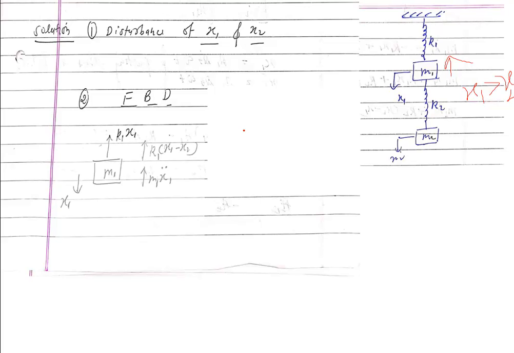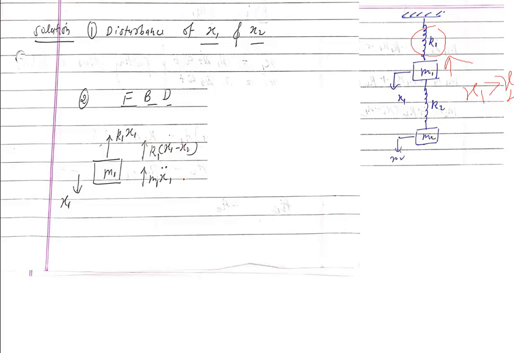So we can see the spring force for the first spring is in the upward direction, because this spring is going to be stretched down, so it will pull the mass in the upward direction. So k1 x1. And this spring is compressed, so the spring force on m1 is in the upward direction, so this is also k2 x1 minus x2. Why? Because this is compressed by x1 minus x2 only, because x1 is compression and x2 is elongation, so the total is x1 minus x2, and D'Alembert is m1 x1 double dot.